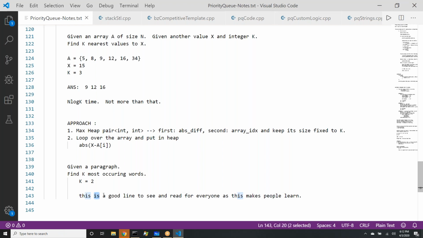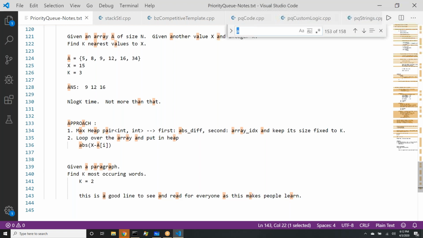Work is 1 time. A is not a separate word. Let me fix the boundaries also. Good is occurring only once. Line is occurring only once. This is the first most occurring word.